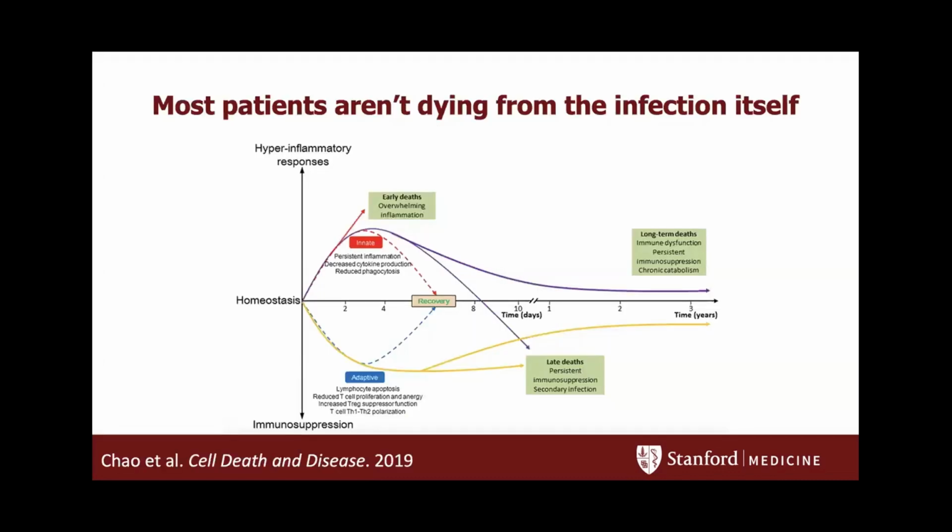So one of the first key realizations in tackling this problem is really recognizing that patients with sepsis rarely die from their infection. Antibiotics do an incredibly good job at sterilizing infections as long as there isn't a source control issue. What patients die from is a dysregulated immune response.